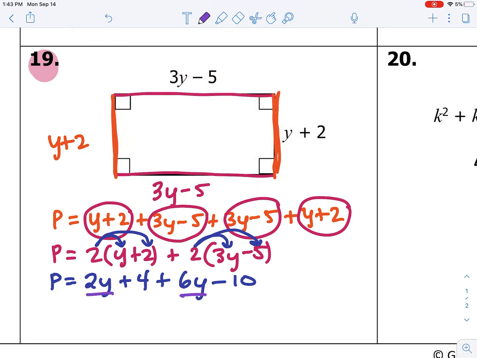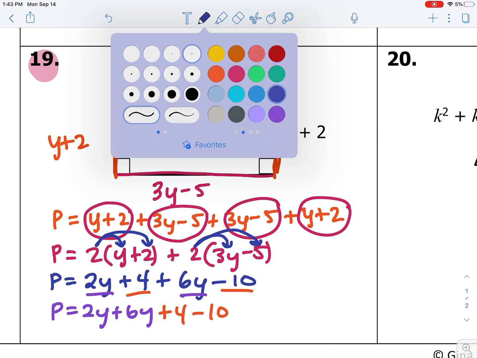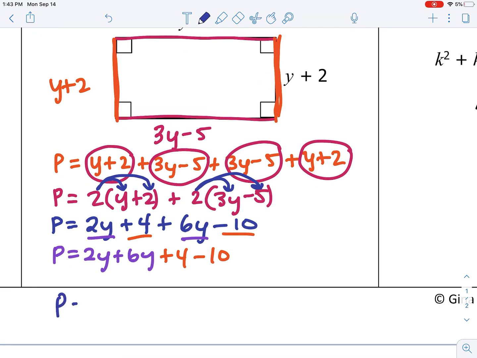From here, we're looking for our like terms. We have 2y and 6y. We also have positive 4 and negative 10. So this leaves us with a final answer of 2y plus 6y is 8y. 4 minus 10, the signs are different. We need to subtract. 10 minus 4 is 6, and I write a negative 6 because the 10 is